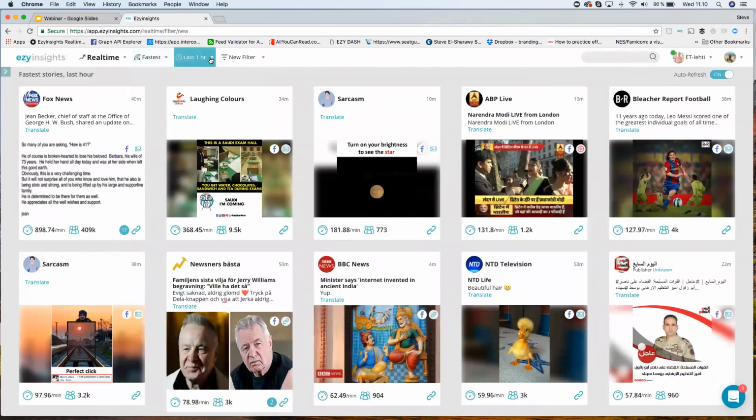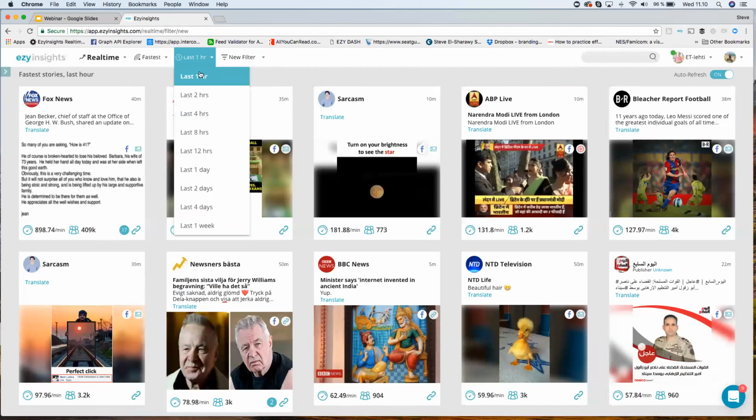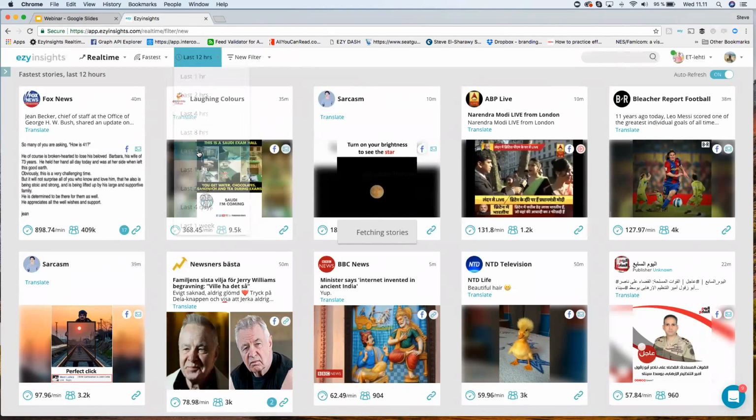And over here, again, you see the time frame, and you can choose your time frame here from the last hour, which is a very quick turnaround. If you want to see that news and that content change quickly, have a quick turnover, 2, 4, 8, 12 hours, 24 hours, and all the way up to a week. So you can look backwards a week if you want. Now, probably the most used time periods are in between 4 hours and a day. I'd say probably 12 hours is a very typical